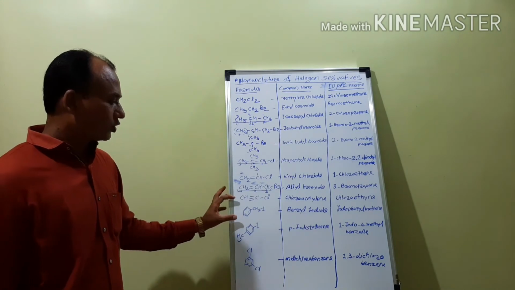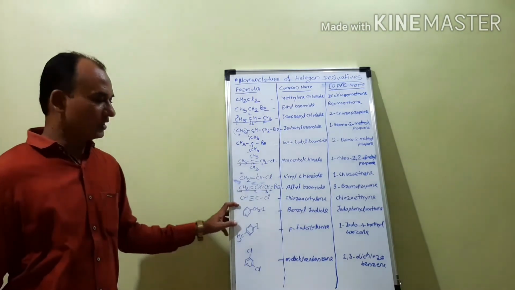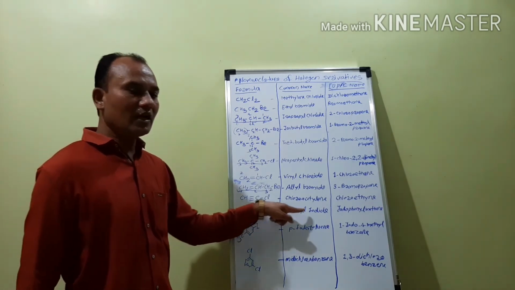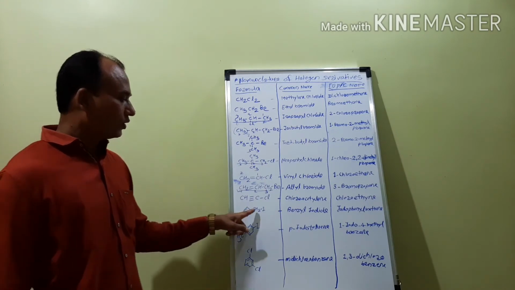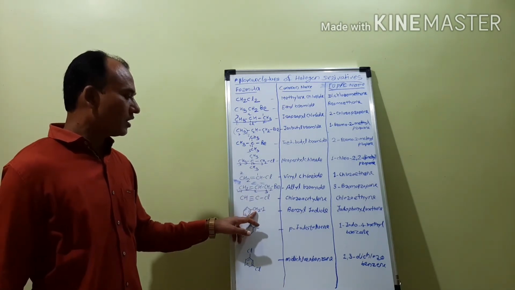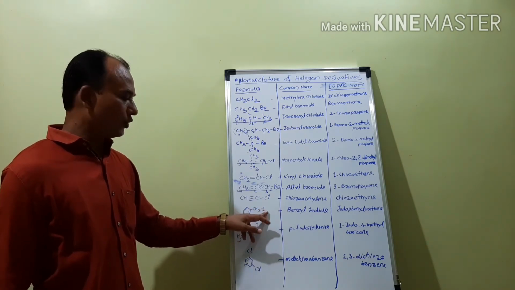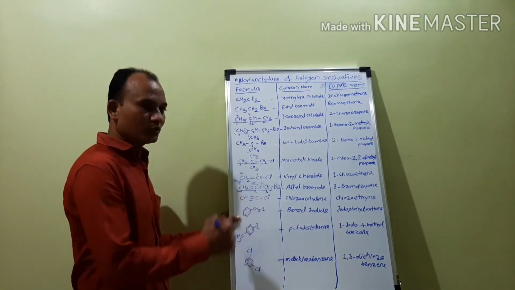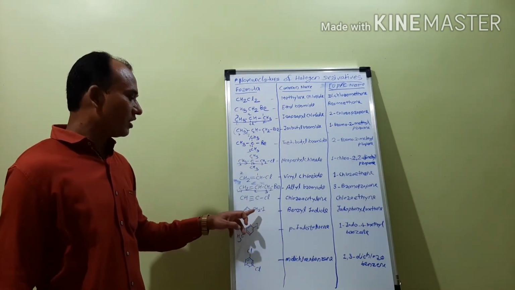Next example, it is an aromatic compound. Now what is the common name? If a CH2 group is attached to the benzene ring, it becomes the benzyl group, and to that iodine is attached, so the name becomes benzyl iodide. What is the IUPAC name? When we give the IUPAC name, we have to consider this as a substituent and this as also a substituent. So it is iodophenyl methane. The benzyl group is called phenyl, so it becomes iodophenyl methane.